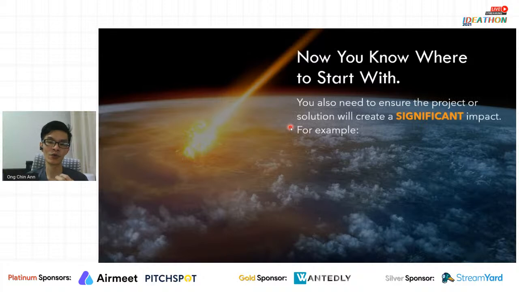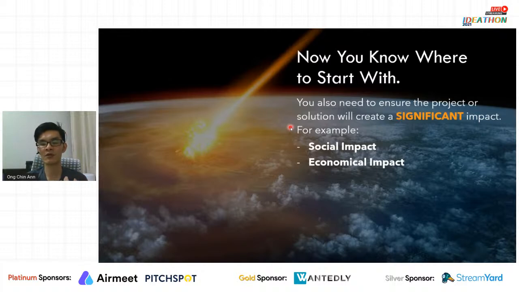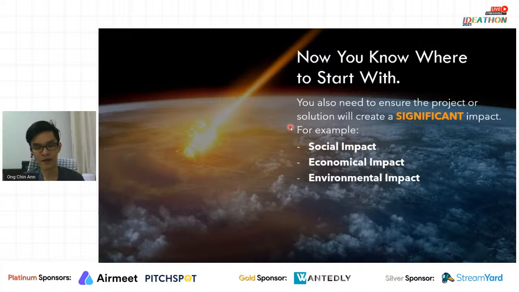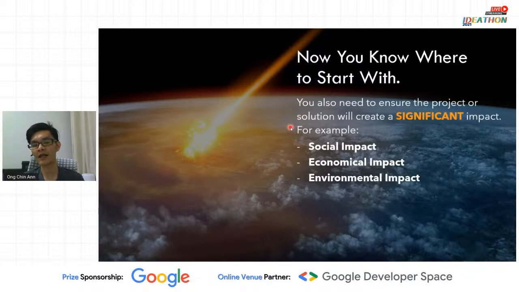So you also need to ensure that your project solutions will create a significant impact, right? For example, the solution will provide some social impact, which means it's going to contribute to society, or it can be contributing to the economics, might be national economics or even global economics, as well as environmental impact. So whatever solutions or whatever idea that you're trying to ideate during these particular competitions, you have to make sure that you will be able to relate it to a certain kind of context, right? Might be social, economics, or environmental,